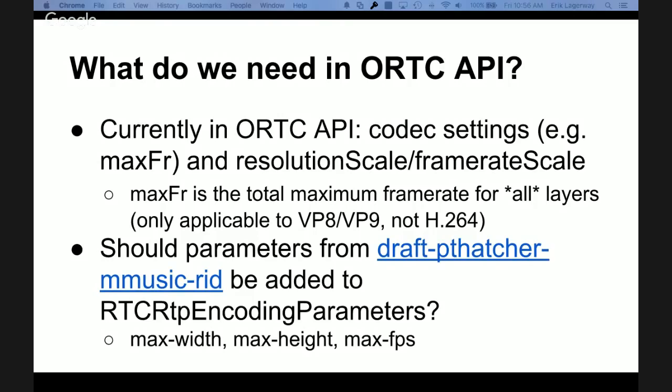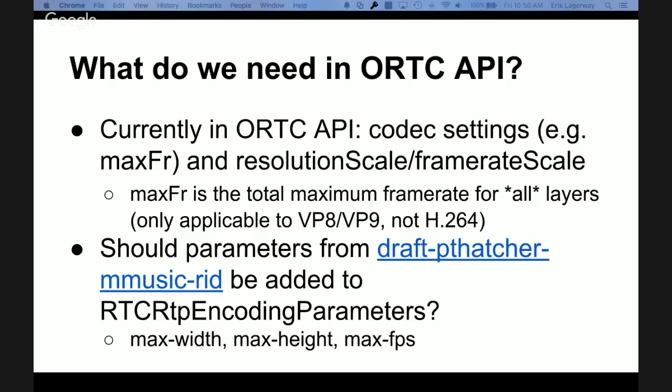what happens if we have both knobs for resolution scale and for max width and max height? How do those things interact? Right. Well, that's the same question for frame rate scale and max FPS, right? Yeah, and max FR. If you throw all that stuff in there, what happens? I don't know. So in 1.0, we didn't take frame rate scale. We instead, I think, decided to have a max FPS parameter. Actually, we never got consensus on that. Yeah, but I think there seemed to be rough consensus building for max FPS. And frame rate scale, I think, only makes sense for temporal scalability, not for simulcast. That's kind of my sense.